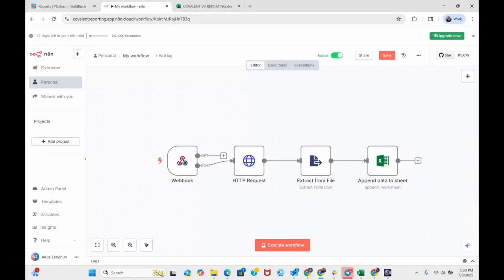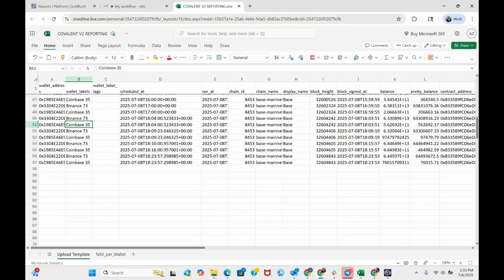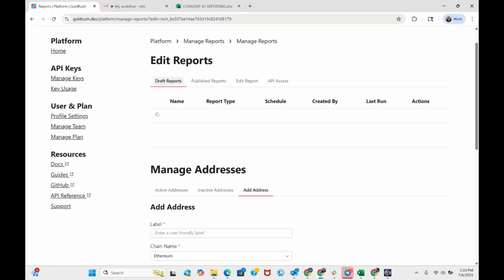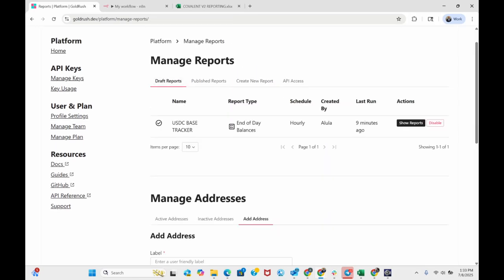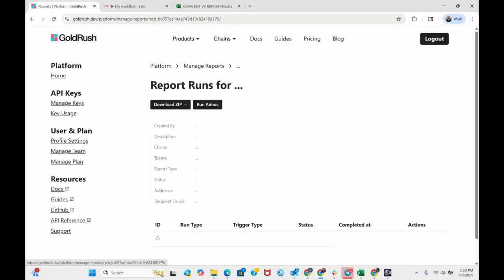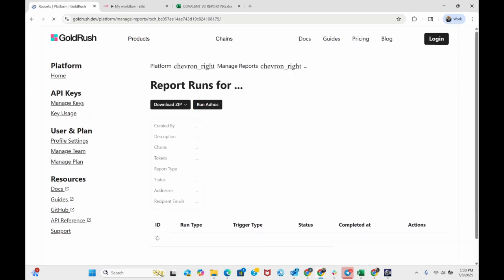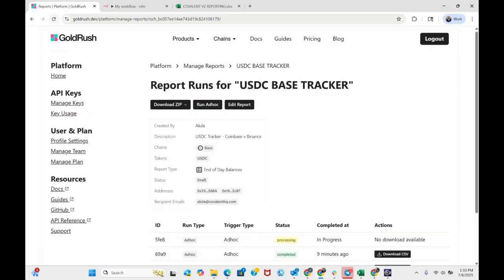information flows via webhook. So the webhook URL, to illustrate that, I've used n8n cloud workflow that basically receives the webhook. It then takes the HTTP request, extracts the CSV file, and then appends it to a live Excel tracker with all the information. So to see this in motion, if I go back to the workflow, and then I